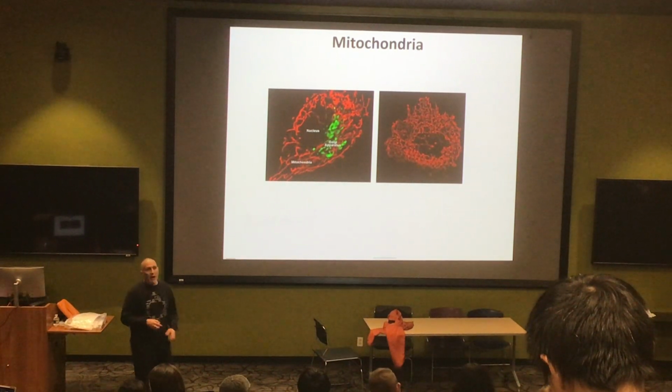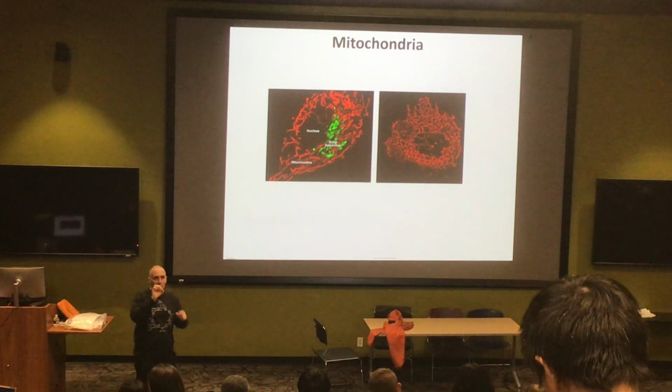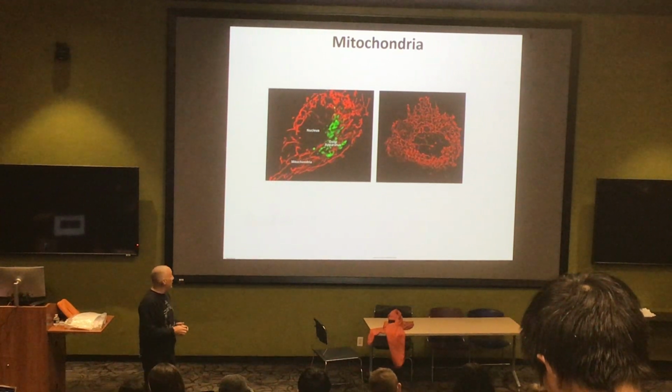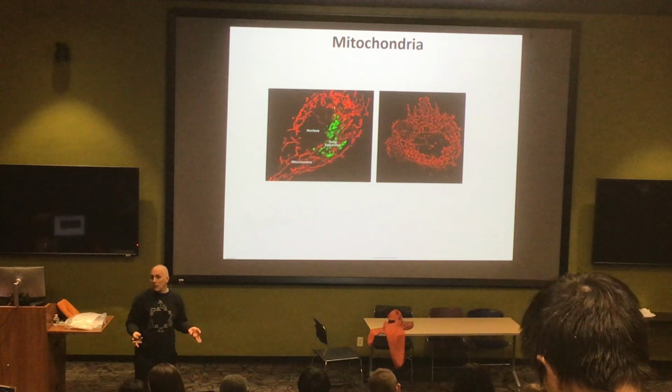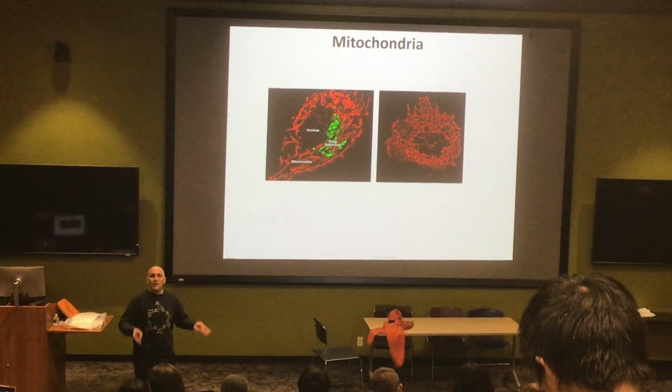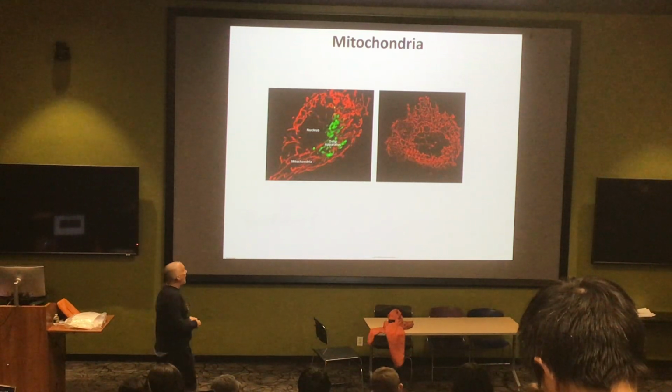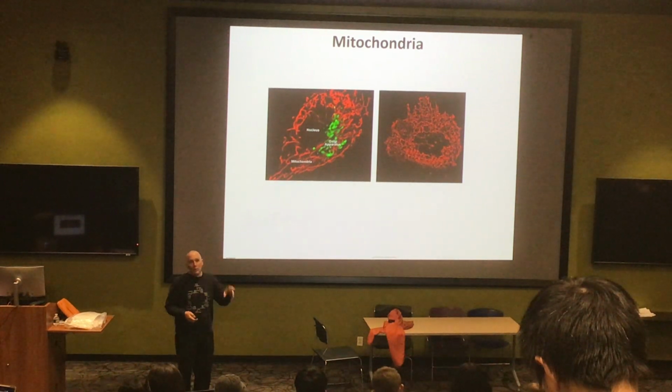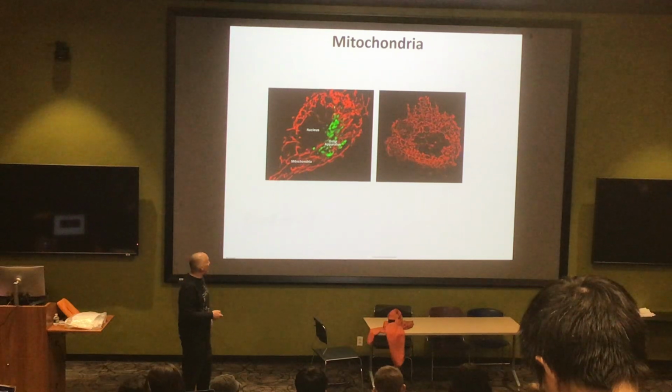And what we can see is that rather than seeing the mitochondria as being these little beans individually floating around, the mitochondria are actually dynamic organelles. They are constantly coming together, fusing and breaking apart, exchanging components with one another. This is really critical to maintaining the correct health and the composition of the mitochondria.